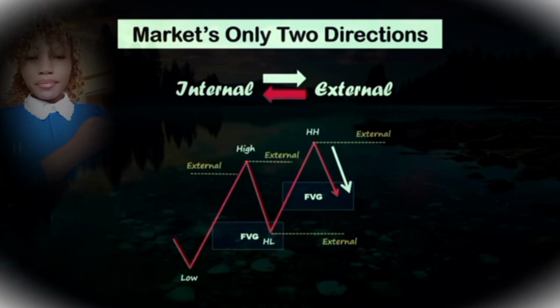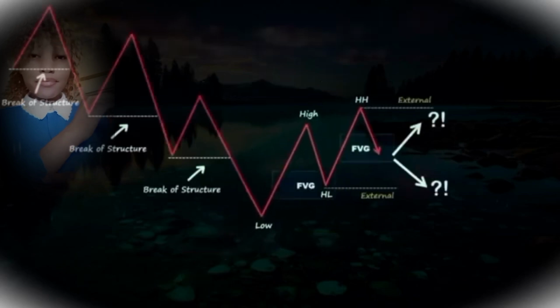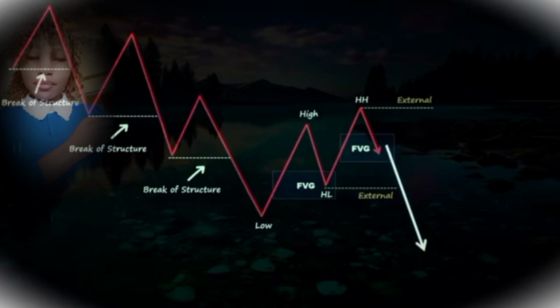Now the question arises, will the price move towards upper external liquidity or lower external liquidity? To answer this question, you should first consider the previous order flow of price on the higher time frame or the order flow within the same time frame. For example, if you zoom out and see that price was predominantly in a downtrend, you would anticipate a downward break of structure. Consequently, price is more likely to continue downwards to sweep the lower external liquidity. Conversely, if the price was in an uptrend, the expectation would be that price will rise to target the upper